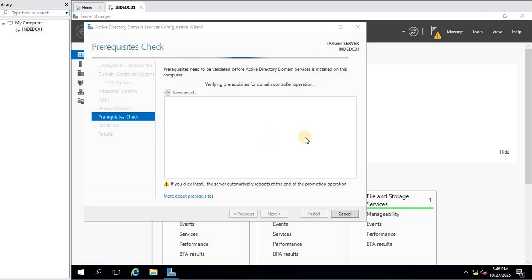So now it is checking prerequisites. Once it finds that everything is fine, it will ask us to install Active Directory on this domain controller. So any question till now, anything that you want to know,